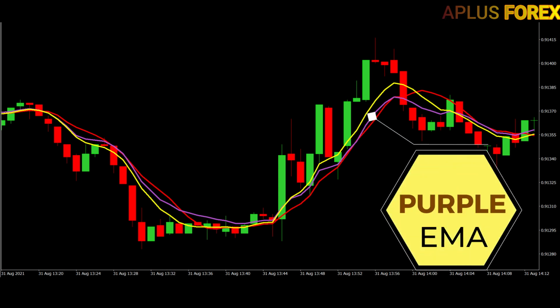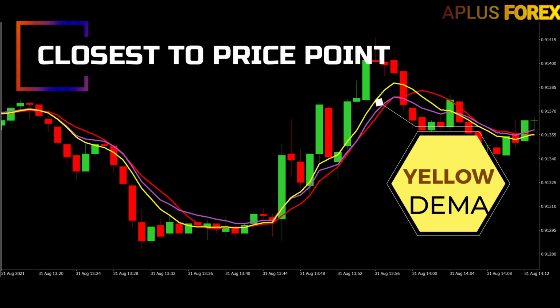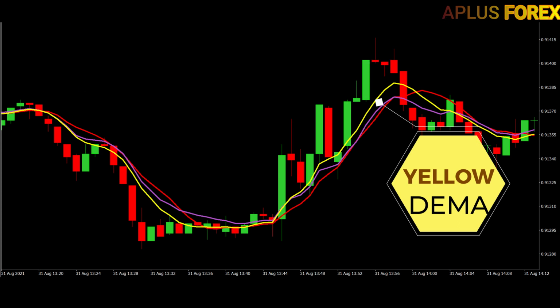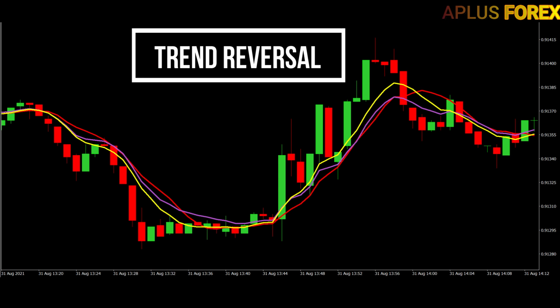The purple line represents an exponential moving average line, and the yellow line represents a double exponential moving average line. According to the above chart, the double exponential moving average is the closest to the price points and has the least deviations. Because the double exponential moving average line most closely resembles stock prices, it is the most sensitive to stock volatility. Volatility changes are good indicators of trend reversal.